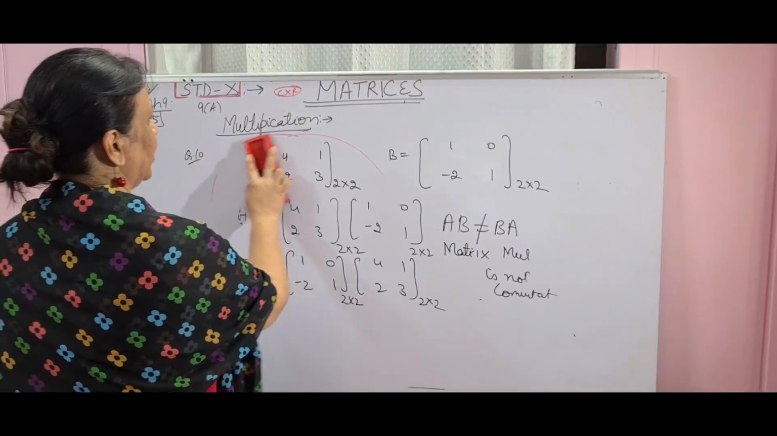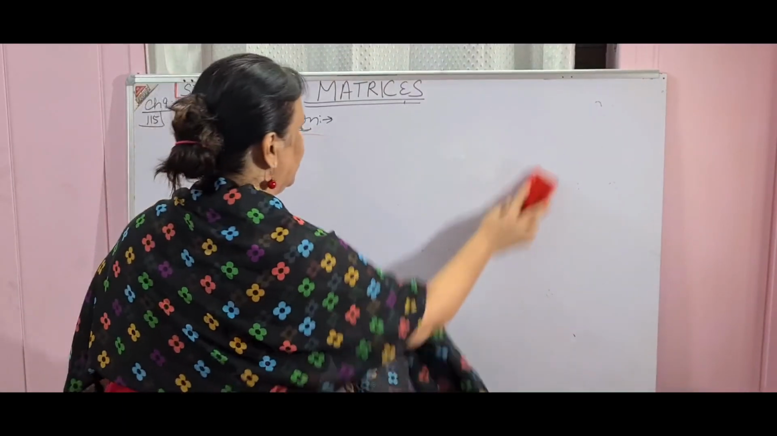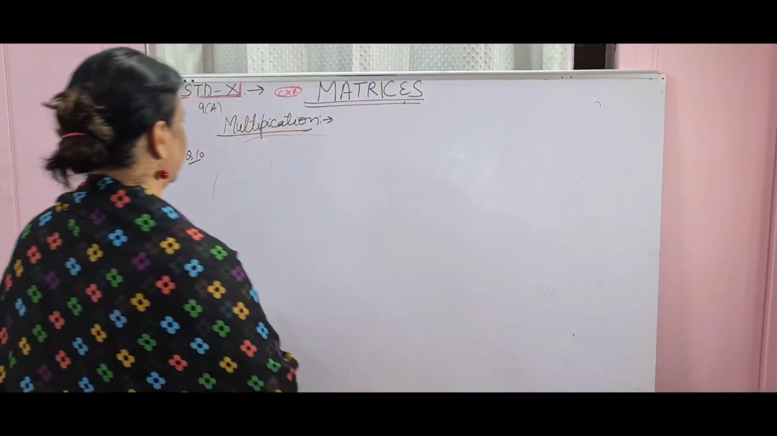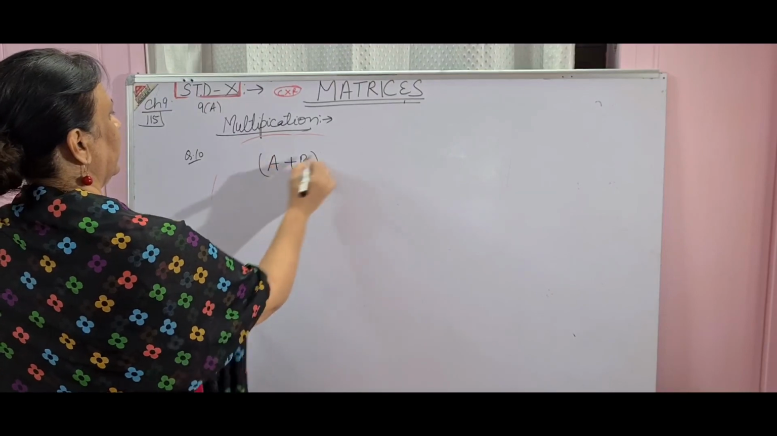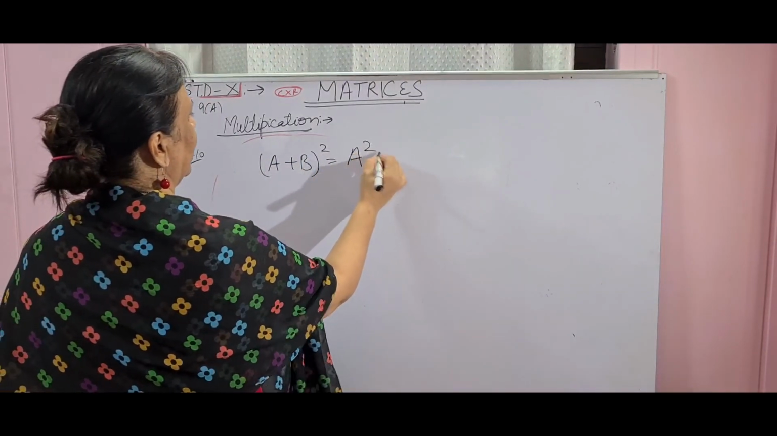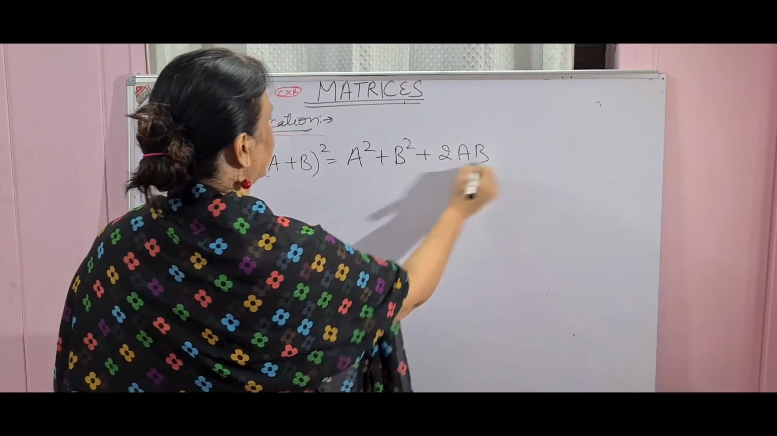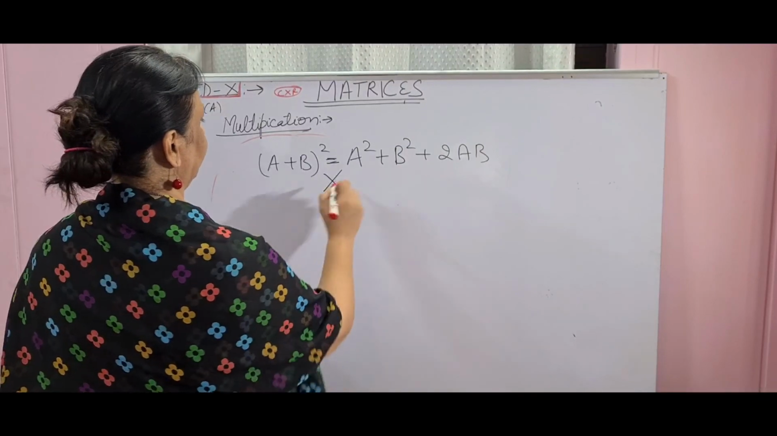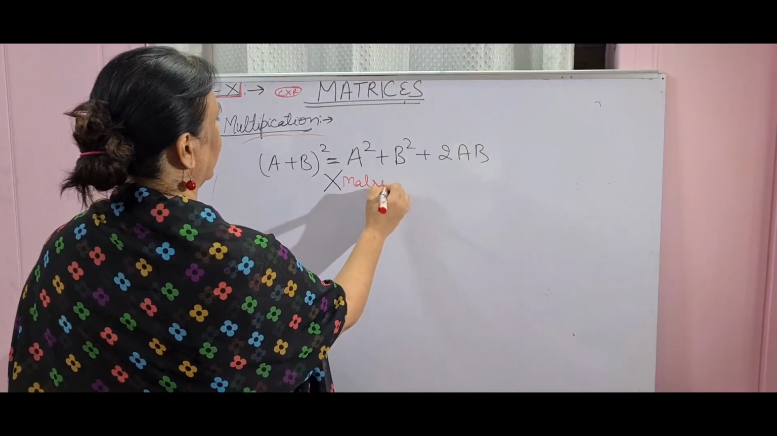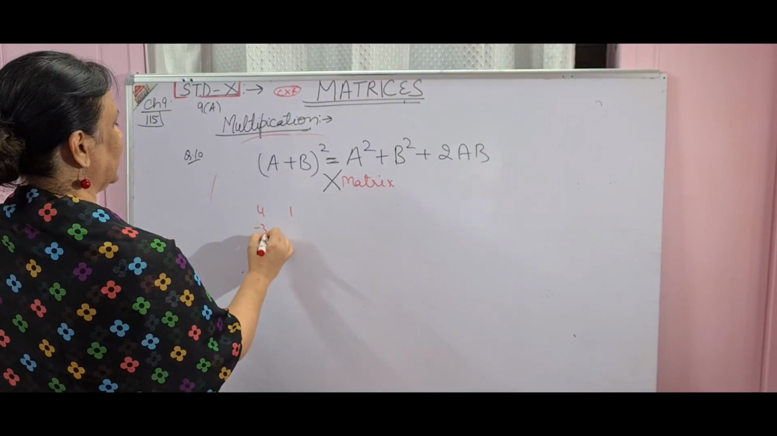Next, what I want to tell you is a very simple one, just basics I am giving you so that you can understand the things. If I have been given (A plus B) whole square, according to algebra rules, A square plus B square plus 2AB, they should be equal. But children, again in matrices it is not possible. They are never equal. When you do A plus B, for example, 4, 1, minus 3 and 2,